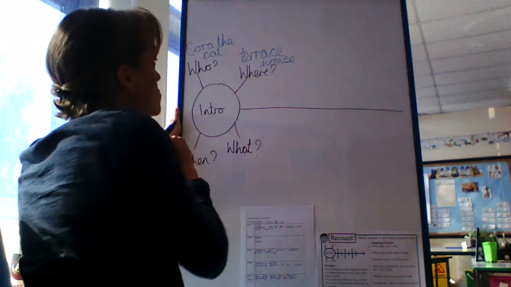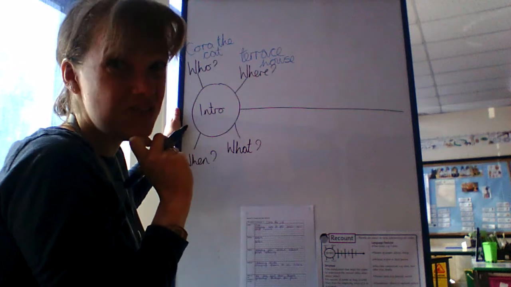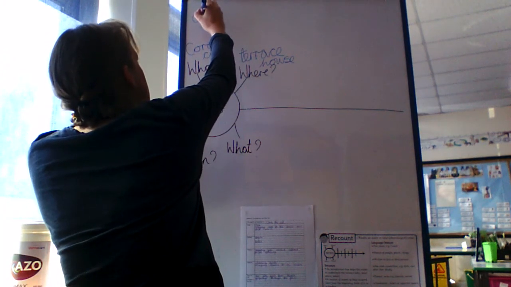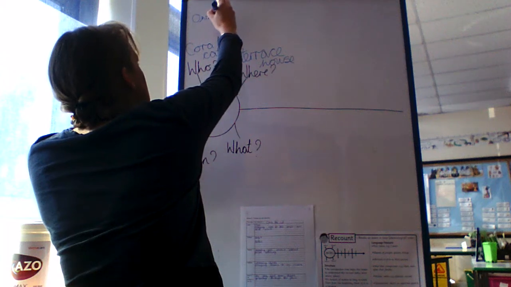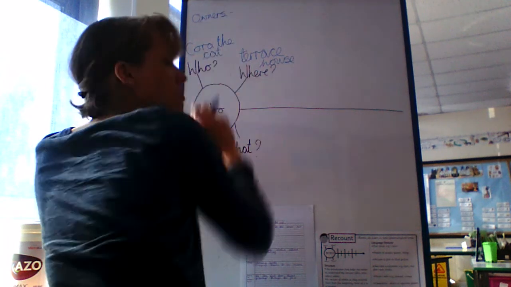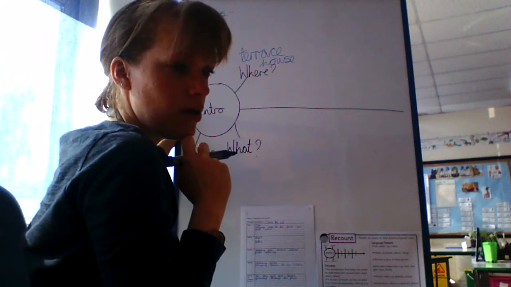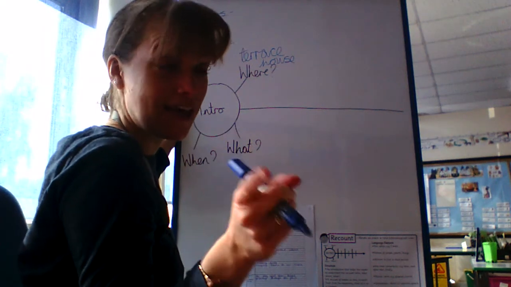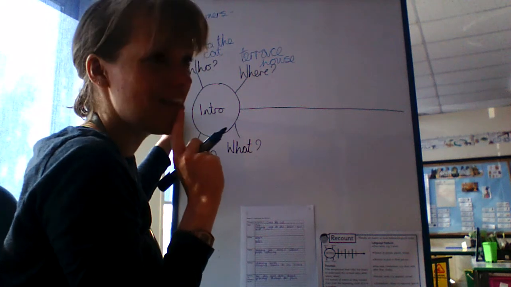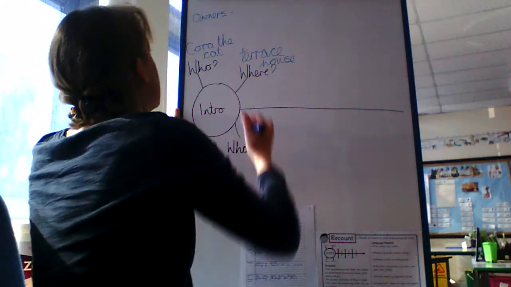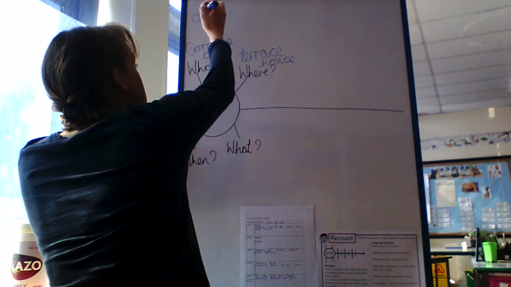I might want to put up here as well who else is going to be involved. She's going to have owners, isn't she? So, owners. If you think, previously we'd looked at not a killer cat, a cat killer. It's a killer cat, isn't it? And that included other characters, and we had those quotes there, didn't we? So my owner is going to be